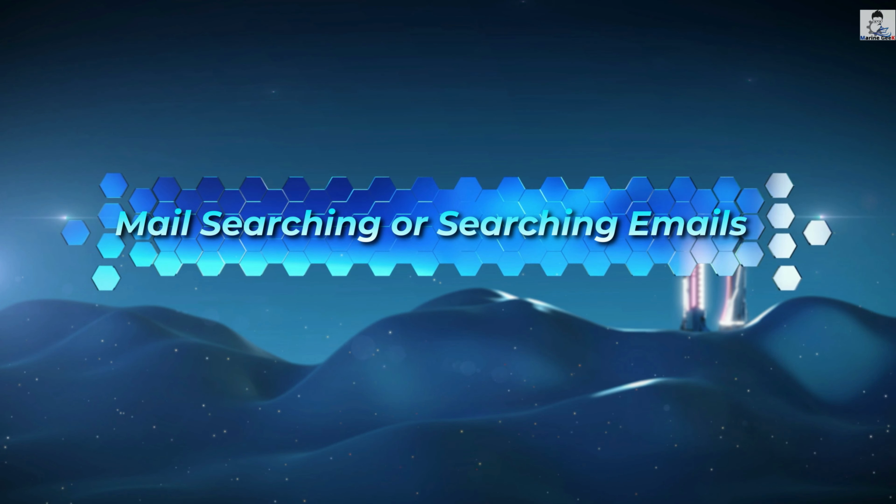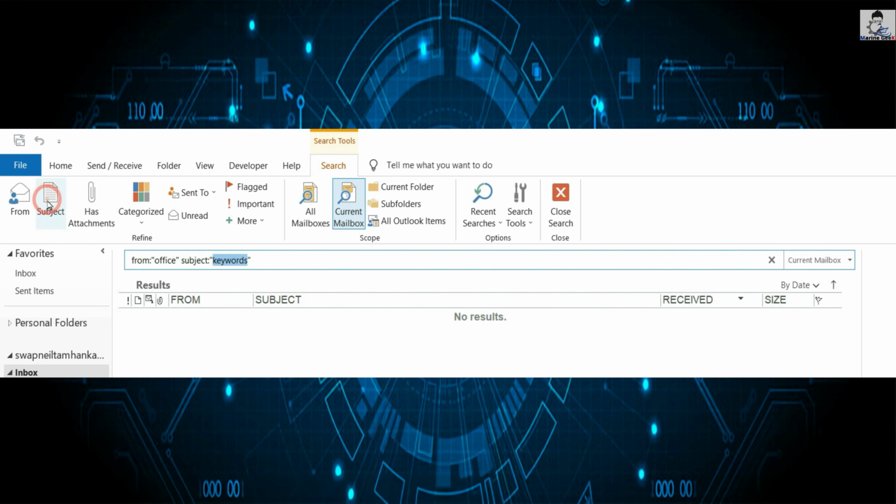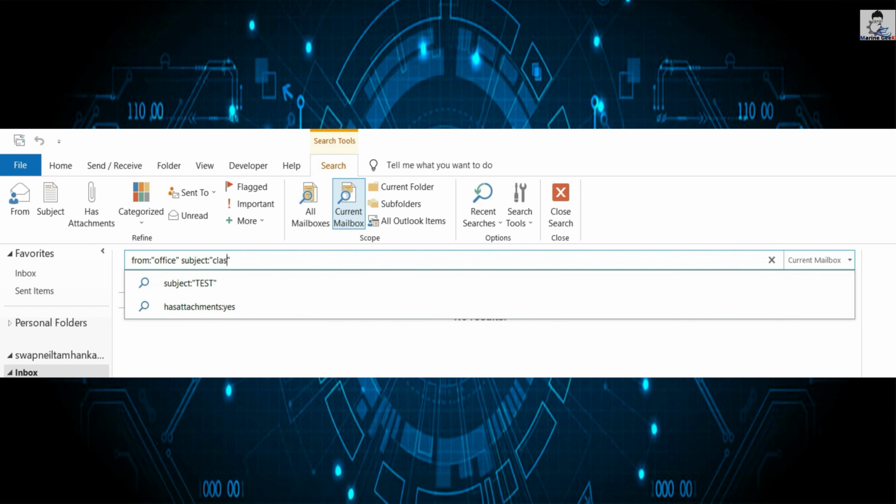You can search in the current mailbox, the whole email, etc. So for doing this, you can fine tune where you want to search. Now we will go to the top, and we can restrict the search if it is from a particular sender. So you can put in the relevant sender to search mail, whether it is from the office, from the vessel, or from another vessel, etc. A keyword, where you can search in the subject as well, such as class listing, etc. I'm just taking some examples over here, right?